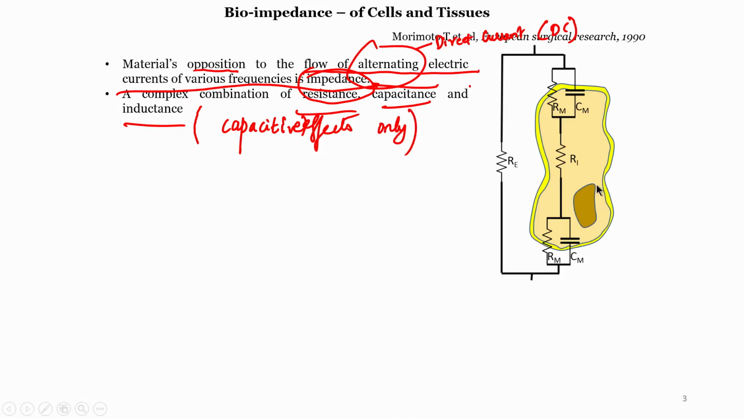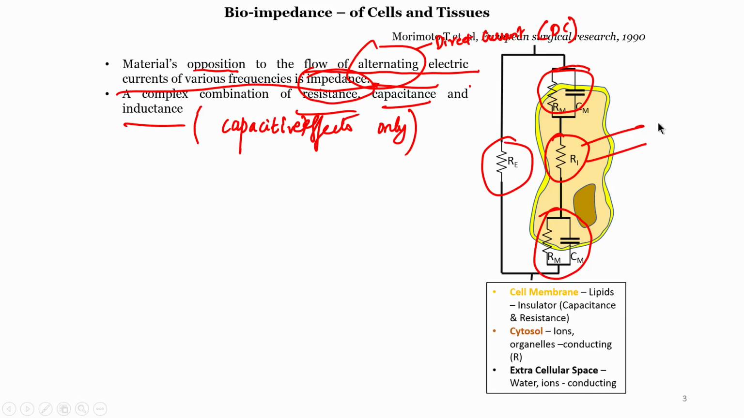Now this is the electrical equivalent circuit model that we have seen last time. Basically you have the cell membrane modeled as a combination of capacitor and resistor, the intracellular space modeled as a resistor, and again the membrane modeled as a resistor-capacitor combination, and the extracellular space modeled as a resistor. We have seen the justification and explanation for why this model comes to be, you can refer to the last lecture, and